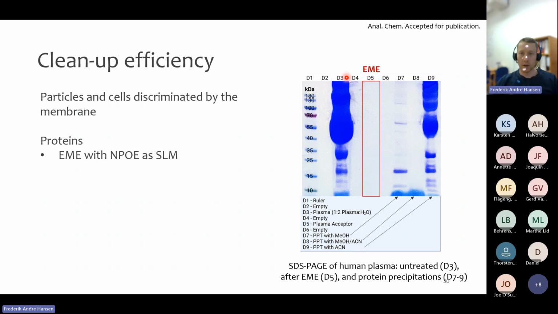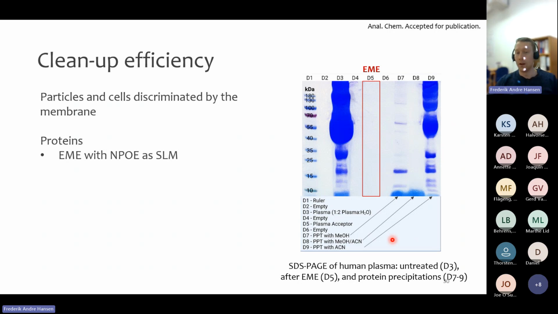And if we look at the line D3, then you can see the unextracted plasma sample, of course, is completely overloading the gel because plasma contains a lot of protein, about 80 milligrams per milliliter, actually. And then we have the EME extract, so the acceptor solution, which you can see is completely free of even a trace of protein. The last three lines here, D7 to 9, is then a comparison made for different protein